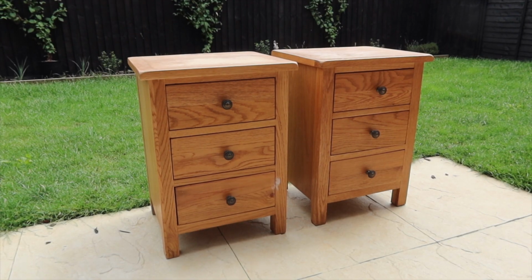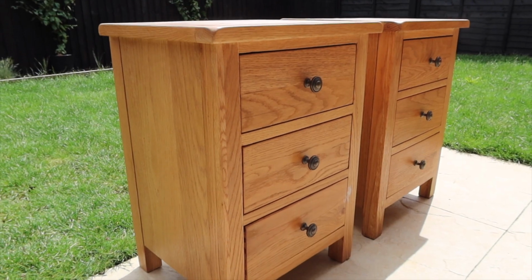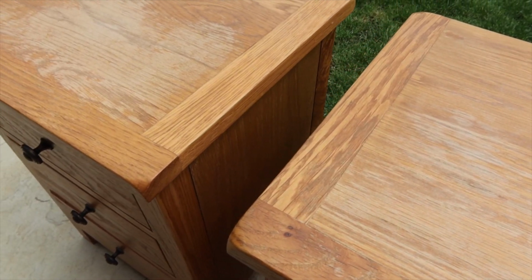But the first item that I wanted to upcycle are these bedside tables. So these are the current bedside tables from my sister's bedroom. They are quite water damaged. These were bought from Oak Furniture Land, so supposedly they are solid wood. However, there is really bad water damage to the top of them, one of them in particular where it's all